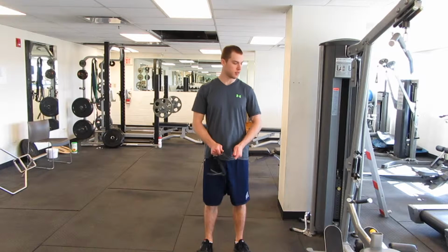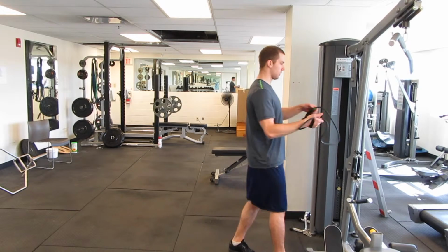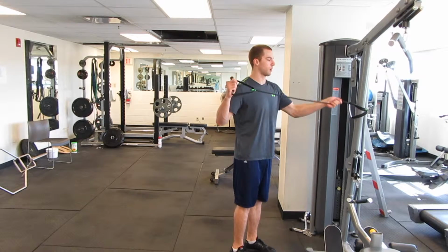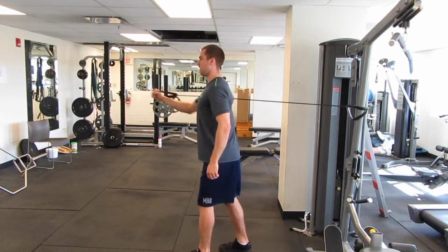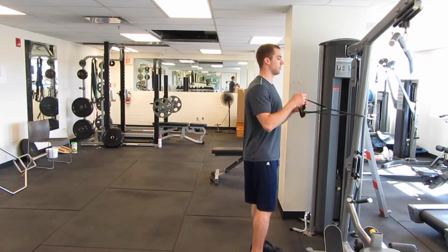Alright, this is exercise number 3 on our full body standing, the standing split stance single arm chest press. So again, just like on the 1-arm row, we're going to anchor our band. So I'll go over the different resistance patterns again. We can anchor it so that I'm holding onto one side, and I can go like this. This will be the easiest way. I can do 2 handles,